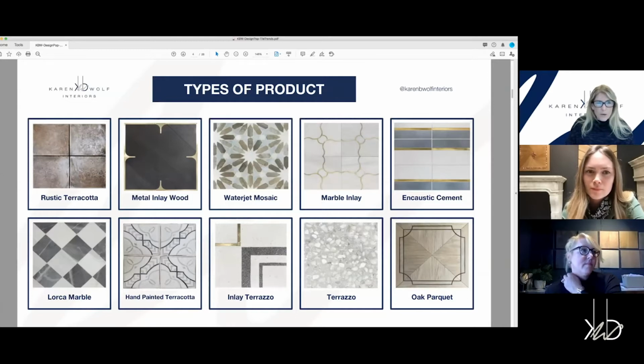So let's go through the different areas. I know that, for example, rustic terracotta or the terracotta is what you're originally known for, right? And then you want to just walk us through the other categories that you also produce. Absolutely. So we began with our signature hand-painted terracotta collections featured on the lower row there. So with that,